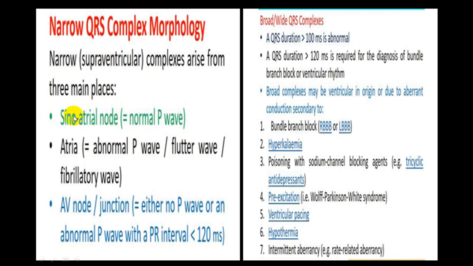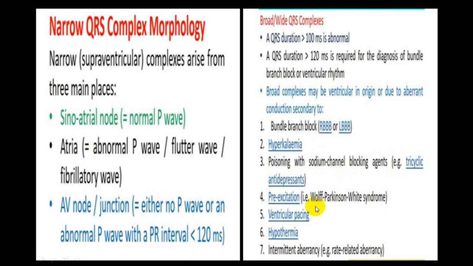So this you will get in a sinus rhythm, atrial rhythm, AV nodal rhythm, or junctional rhythm. But if you get a QRS complex of more than 0.1 second, it is considered abnormal. If it is more than 0.12 second, we definitely call it a broad QRS complex, which you get classically in bundle branch block, that is right bundle branch block and left bundle branch block. You also get a wide QRS complex in hyperkalemia. You will have additional features. You can have it sometimes in poisoning with tricyclic antidepressants, or sodium channel blocking agents, if a person is consuming a tricyclic antidepressant.